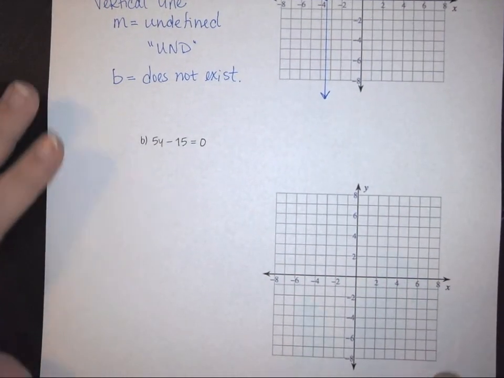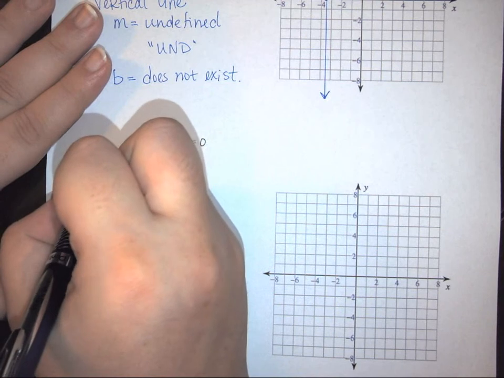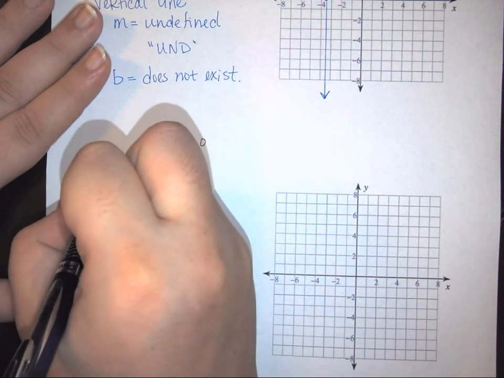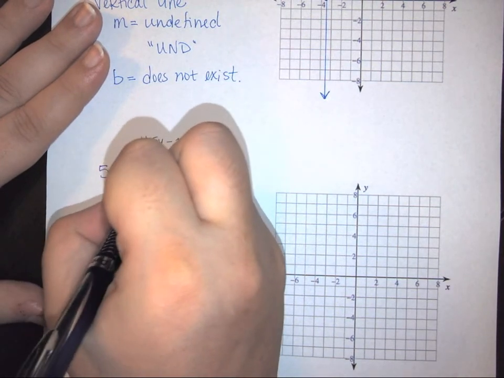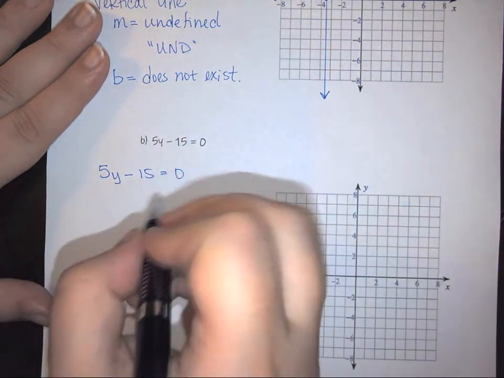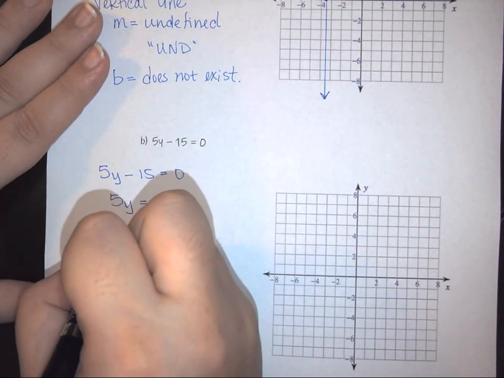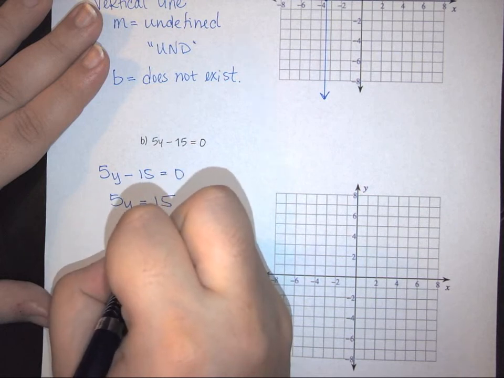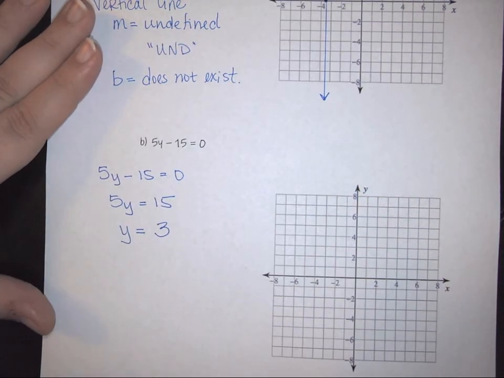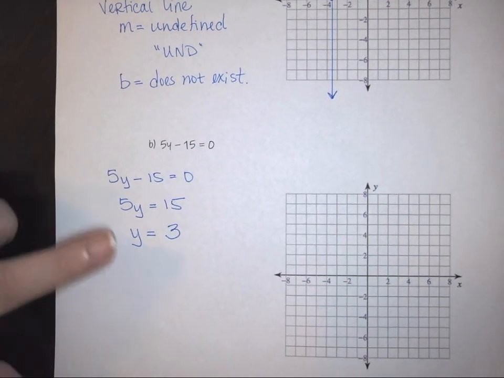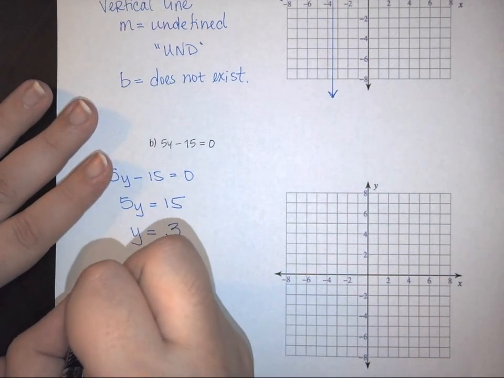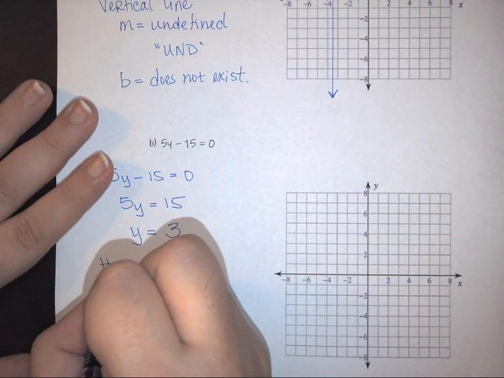Let's take a look at this one. Again, I need to get y by itself. So 5y minus 15 equals 0. Move the 15 over. 5y equals 15. Divide by 5. So y equals 3. Now notice in this line I don't have any x's at all. So again, this is also a very special case